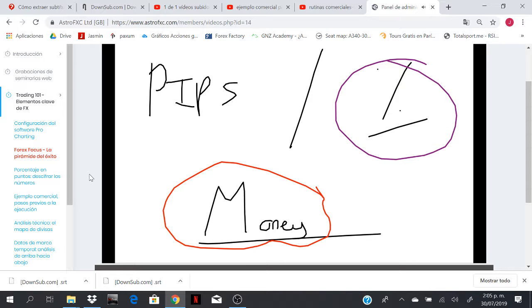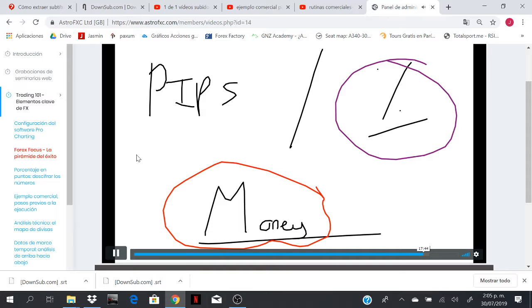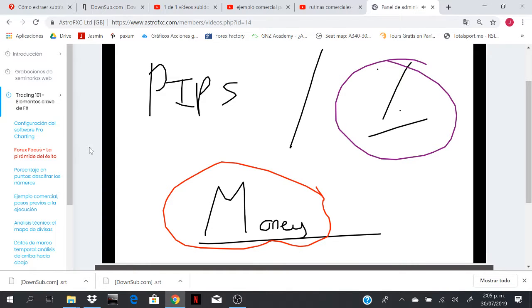So pips, percentage, risk reward, money management, the monetary aspect of the fruits of your labor will come, okay? And that's where the journal comes in. That's where the spreadsheet comes in. Start slow, think about pips and percentage. The money will follow afterwards, because the only thing you can really change here, you can obviously decide on your percentage risk. You can, in fact, change your capital amount through your broker, but you can never, ever, ever differentiate the amount of pips you're going to make, okay? So once you've got this down, this comes afterwards.